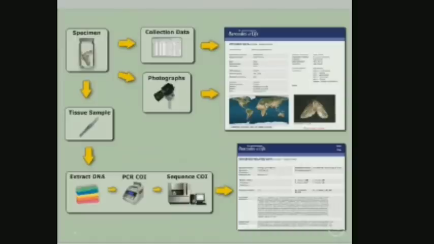Also, the PCR protocol used, the primers used to amplify the gene of interest, and even the DNA extraction methodology are all given or deposited in the Barcode of Life Database. When we take a particular species here, we get holistic information. It contains not only the sequence but also all the supporting information essential for a holistic understanding.